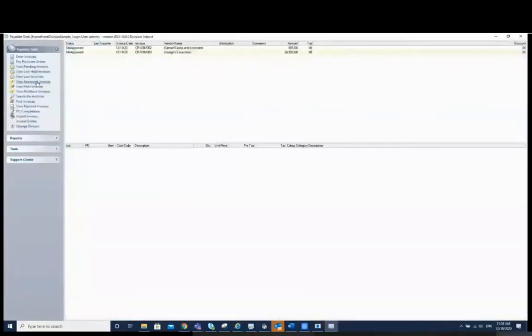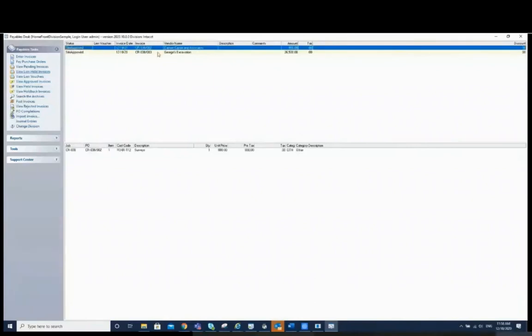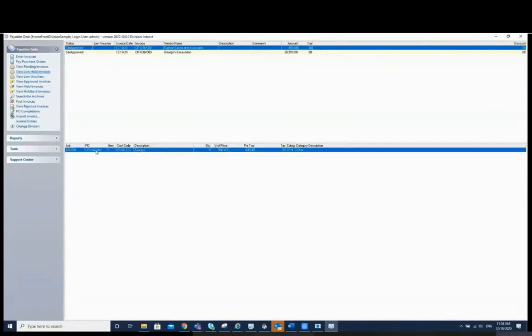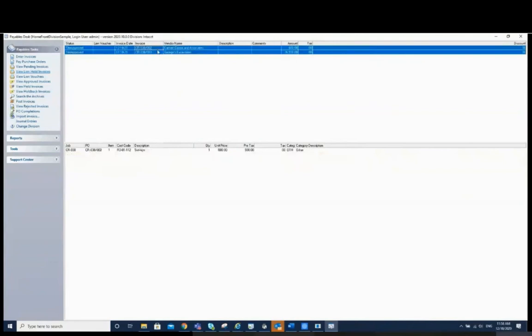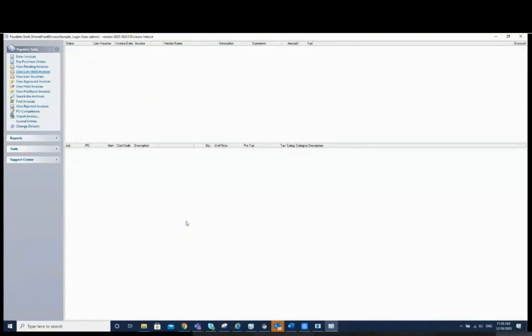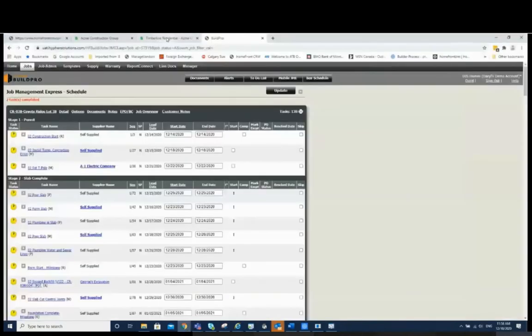So now if I go into my approved invoices section here, I can see that I've had 2 purchase orders come in. They're indicated as site approved on this date, and here's the job. The invoice number essentially is the PO number, but the full job distribution is listed below, and all of that information is there. So the PO and invoice matching takes place, and from there I can go ahead and say, yep, everything looks good, I'd like to go ahead and post that over to Sage. And that information now goes over to Intacct, where that invoice is reconciled against that particular purchase order. So all that information is being flowed